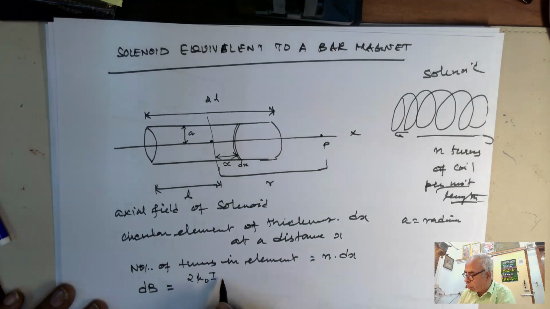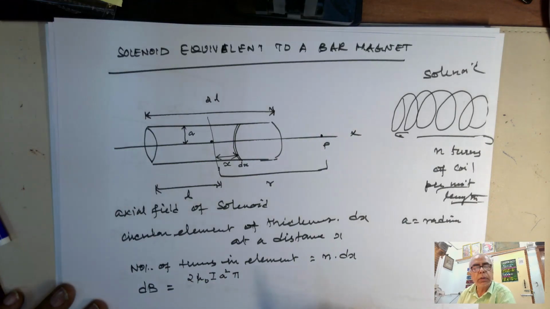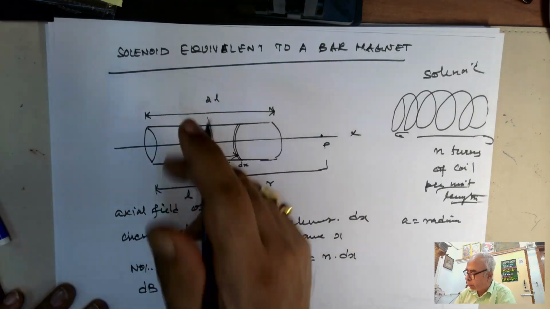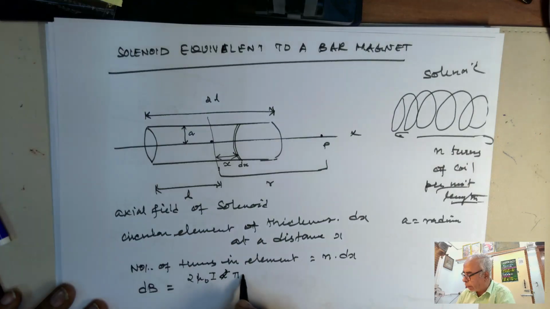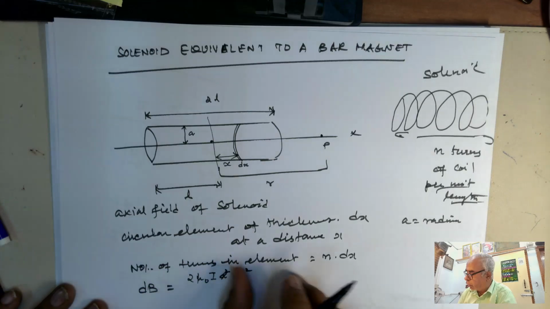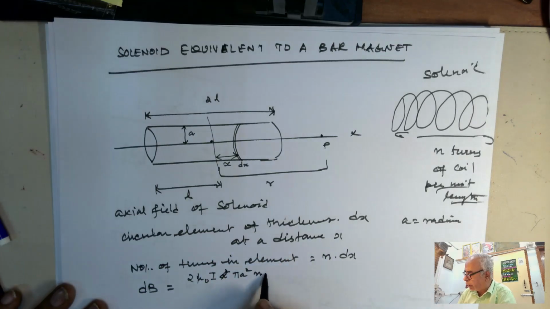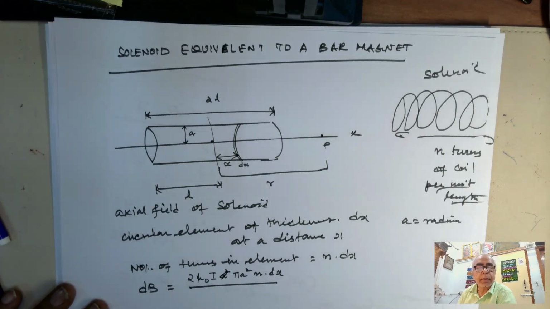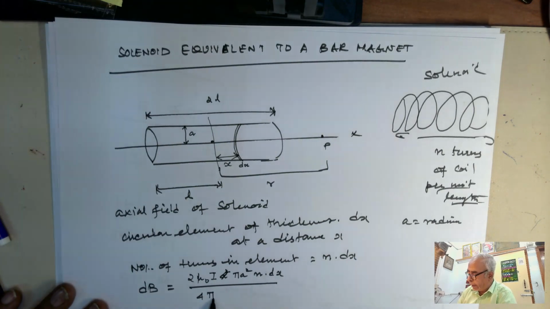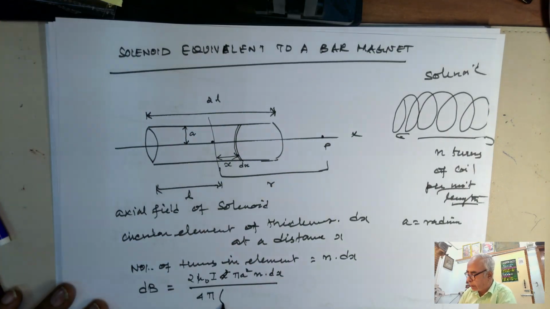Then it is also proportional to the square of the radius, so you can put a square, and you have pi here, pi a square, because it depends on the area. So we can put the area that is enveloped by the coil or the solenoid. So pi a square, and n, the number of turns of the element. So n into dx divided by 4 pi into r minus